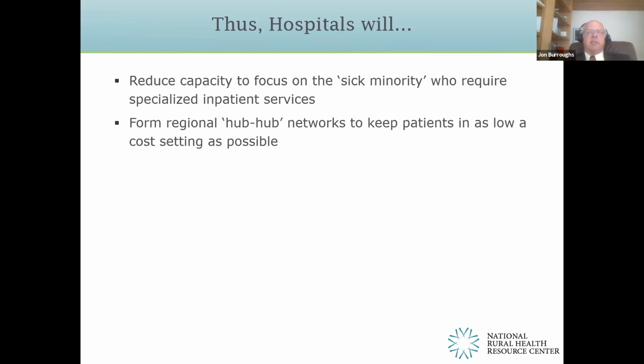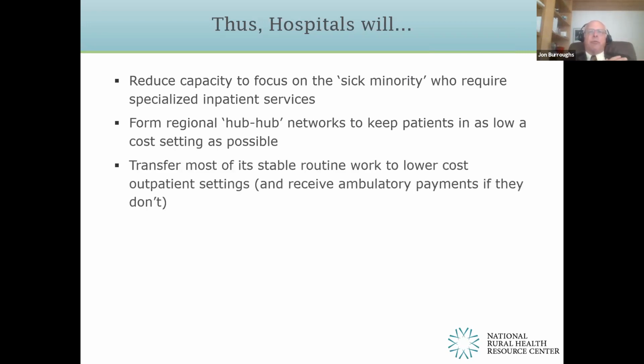So what's going on, for instance, in Idaho or in New Mexico, is that the university at the hub maintains hub networks with rural-based facilities, clinics, rural-based hospitals, outpatient settings, skilled nursing facilities, nursing homes, etc., so that you can keep patients at home safely for as long as possible, to keep them in as low a cost setting with the benefit and value of the expertise of the tertiary and quaternary center, which in your case might be the University of Minnesota, it might be Allina, it might be Mayo Clinic, whomever you affiliate with.